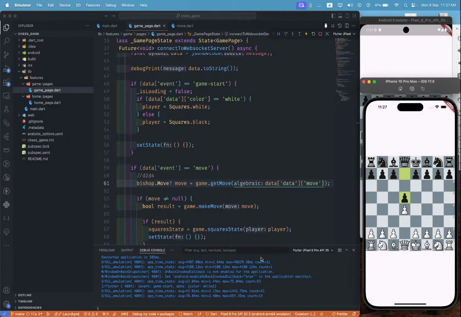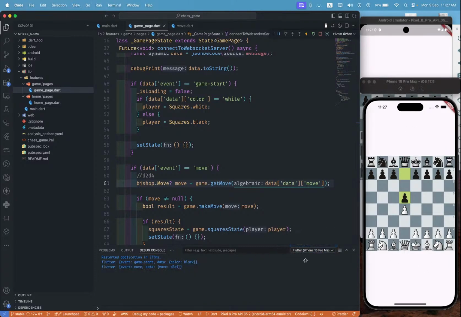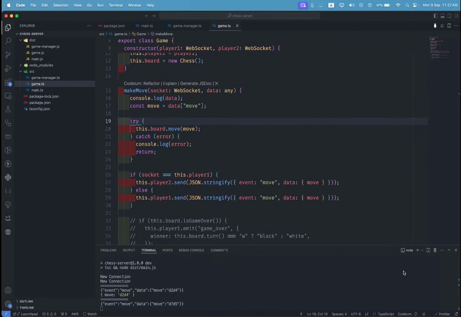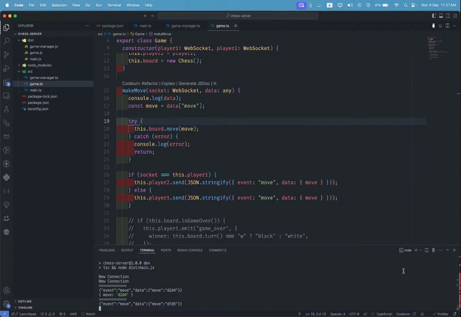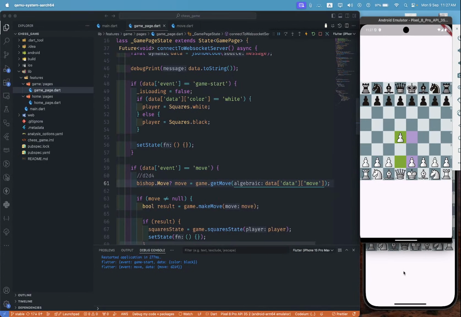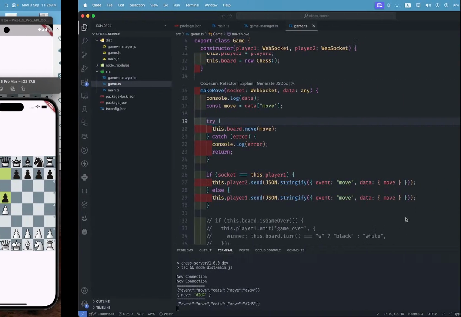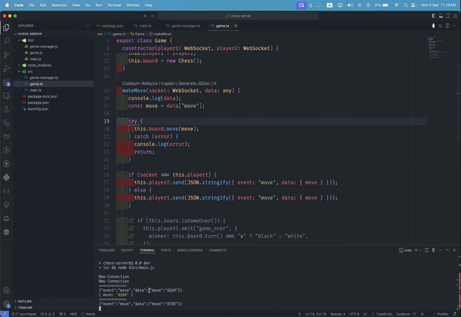Why did it rotate? D7 D5. And when we move D7 D5, it